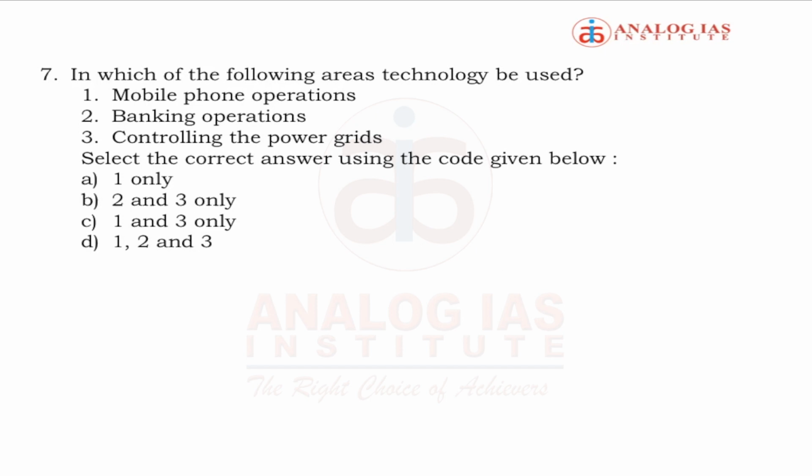Question number 7, which reads as, in which of the following areas can this technology be used? What kind of technology are we talking about here? The mobile phone operations. So this technology is normally the positioning technology. Mobile phone operations, yes, we all use the positioning technology for navigation and to understand relative positioning, and to generate an emergency radio beacon to enable search and rescue operations, and to aid in